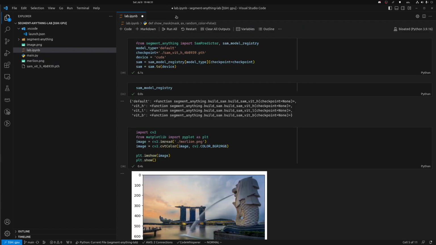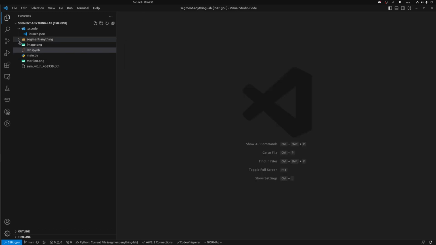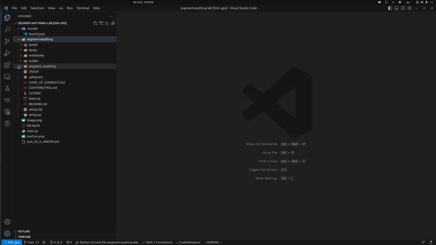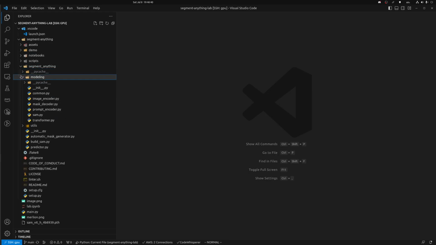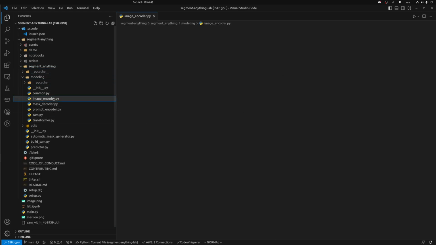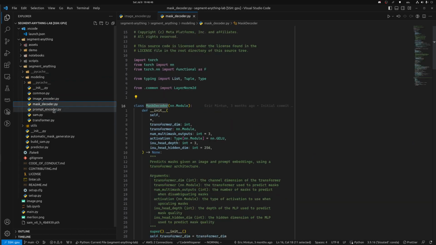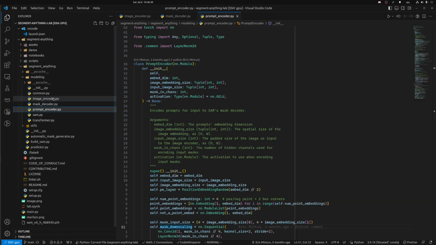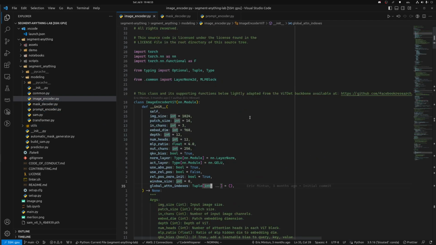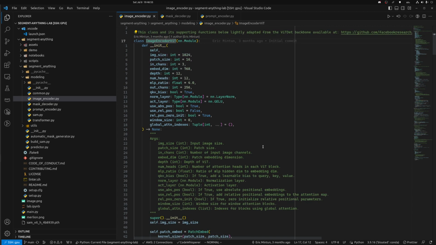It's very interesting how the code itself is not huge. If you go to the code base, you will see there is the image encoder that we talked about, and then the mask decoder and the prompt encoder, the three components they talk about. And the image encoder, if you open this class, you will find that it's not